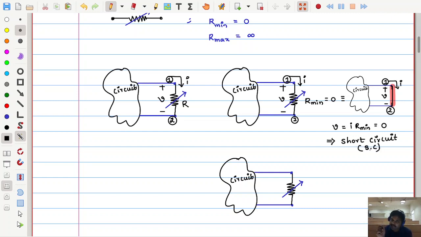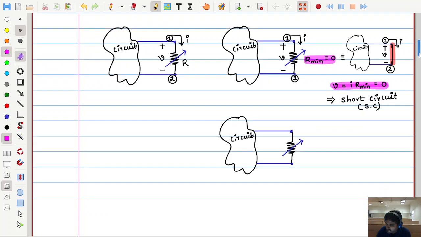What are the important characteristics of a short circuit? The voltage across the short circuit is 0. And the other characteristic is that the resistance is also 0. These are two things you should observe very carefully, very, very important points. When resistance is 0, that is called a short circuit, and in that case the voltage of that element is also 0.